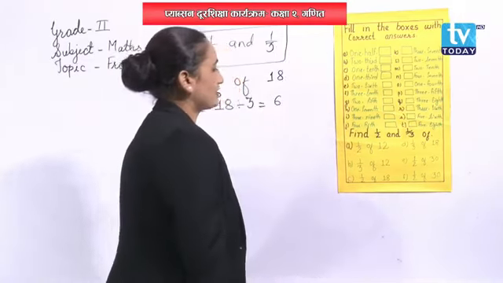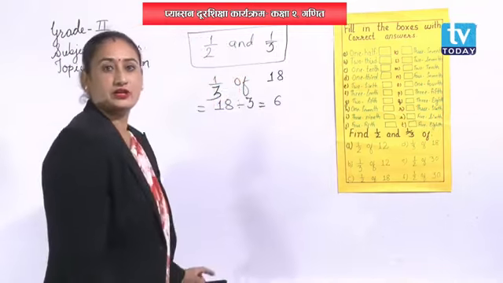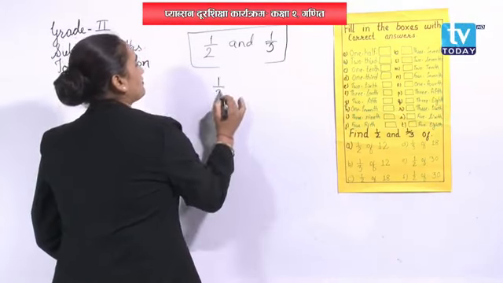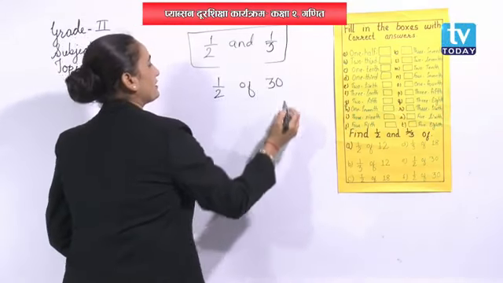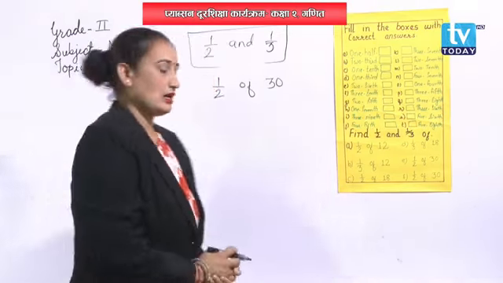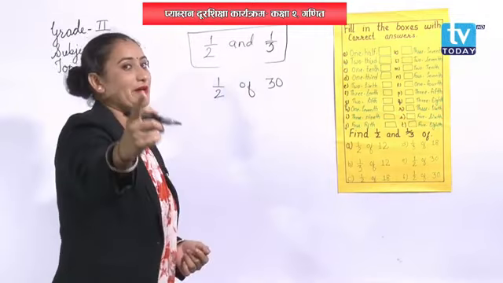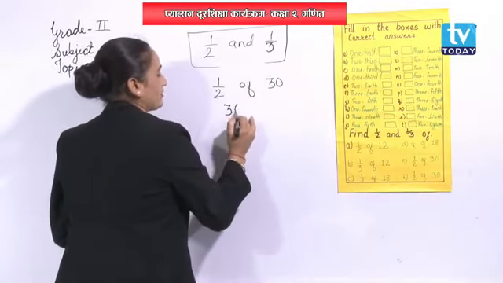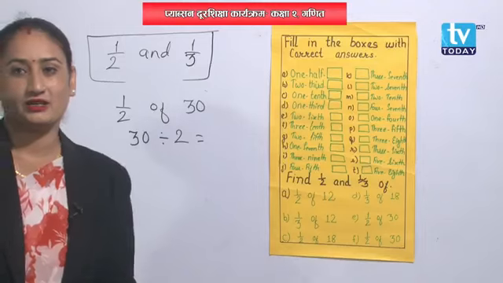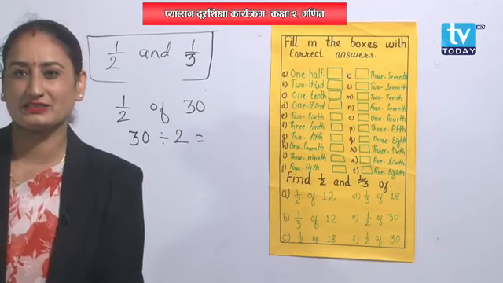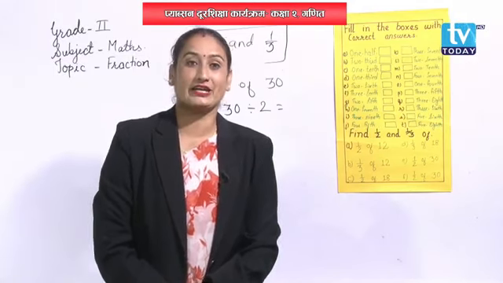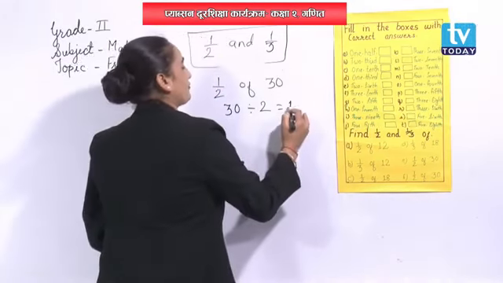Okay, student. Now next question for you. Next question is half of 30. Let's do it fast. Can you solve it? Can you tell me? Okay, now you have to do it by yourself, okay? When you divide 30 into 2 groups, then each group will get how many? 15. Very good. Each group will get 15